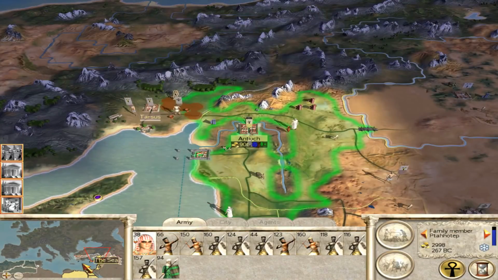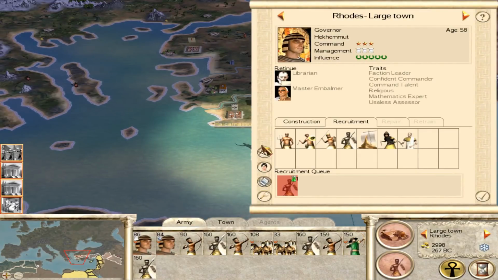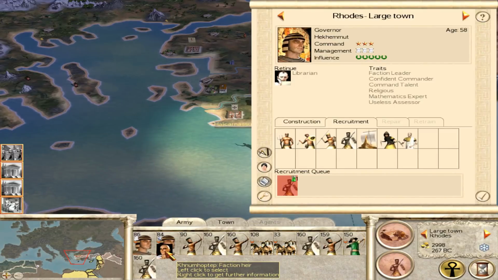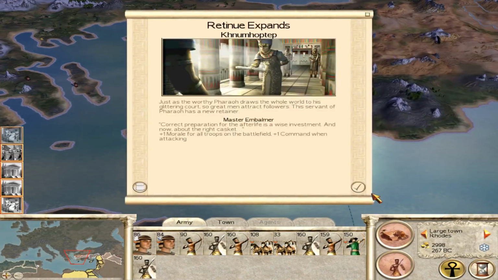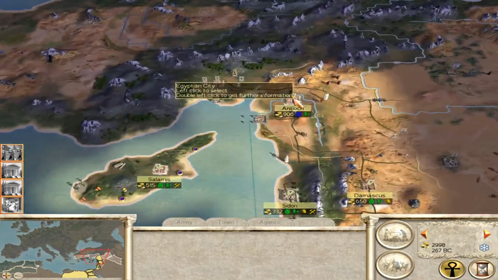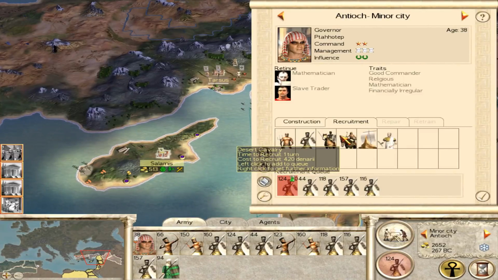Actually, speaking of retinues, that reminds me, I wanted to move some of these guys over. So, like, the Master Embalmer here, I wanted to give to my faction heir. Because he's the one who's actually in charge during these fights, so it's going to give more morale to all the troops on the battlefield, plus 1 command when he's attacking. And I do intend for him to be an attacker. So, let's first retrain as many as we can, and then...